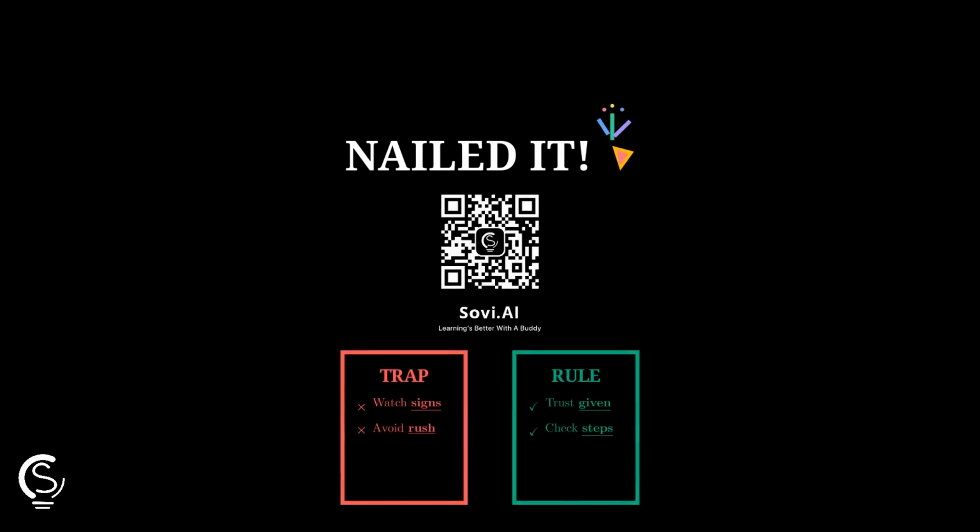Well done. Option A: scan now, watch signs, and avoid rush. Trust the given numbers and check the rule that compares marginal revenue with marginal